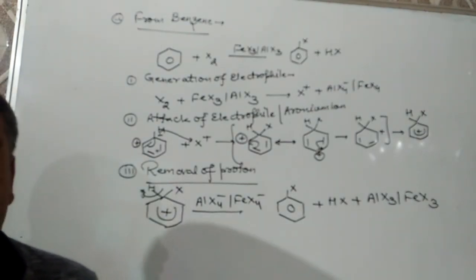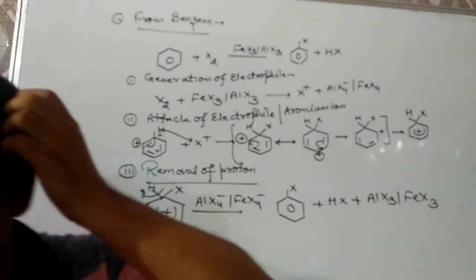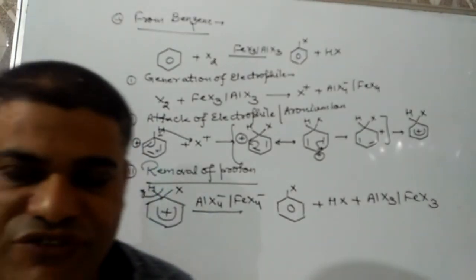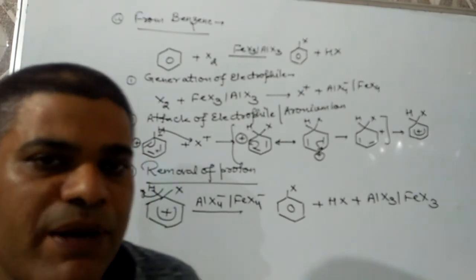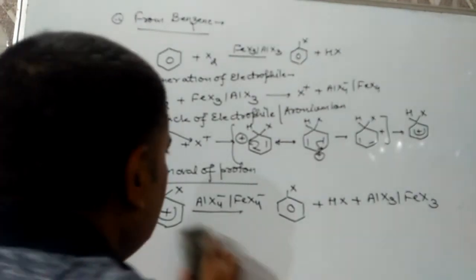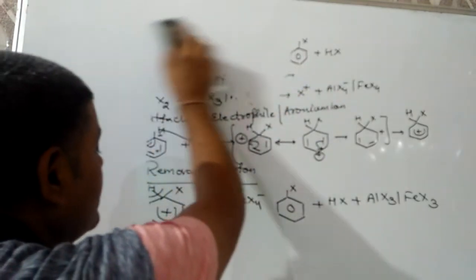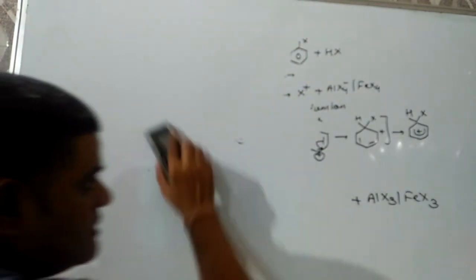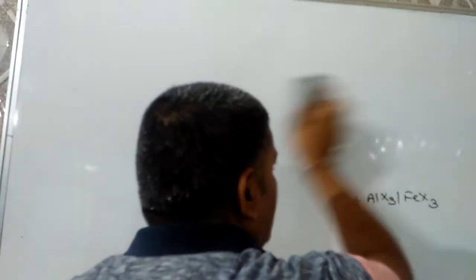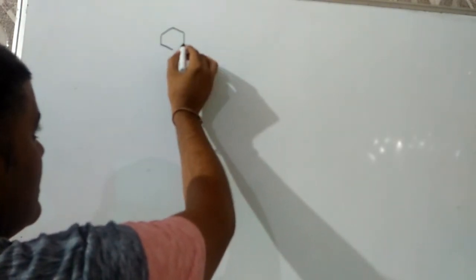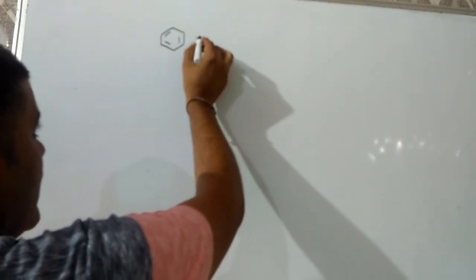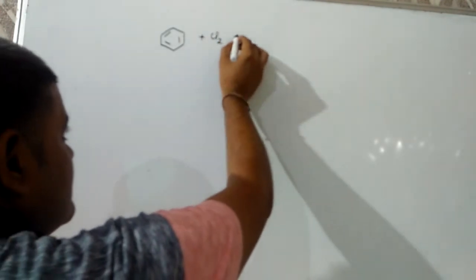And keep it in mind, the hydrocarbon or alkyl group attached to benzene ring will be ortho-para-directing in nature due to hyperconjugation effect. Now, I am discussing the questions which are generally asked in our exams. Generally, 4 questions are asked. The first one is, what happens when benzene reacts with chlorine in presence of AlCl3?